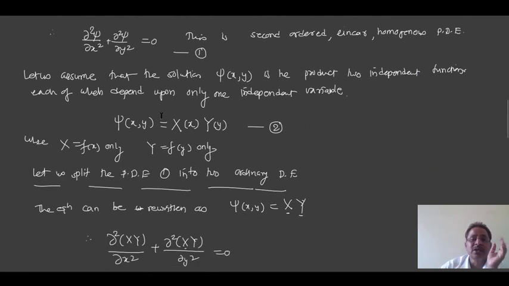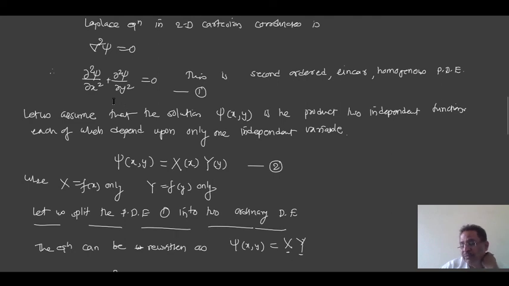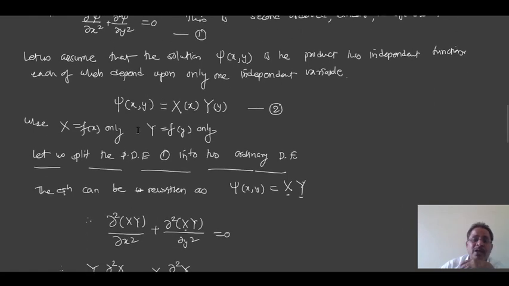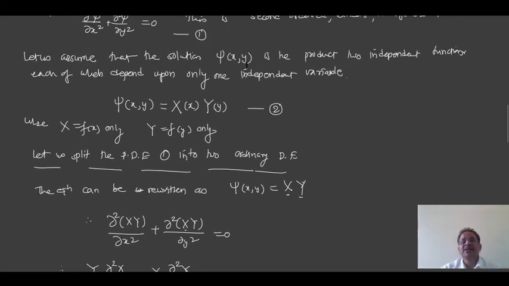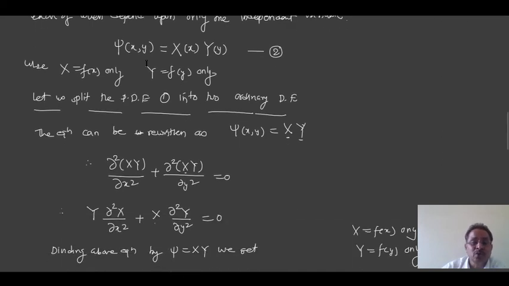So here in general we have to write this partial differential equation, or Laplace equation, in the Cartesian coordinate system in its component form. This is given by equation number 1. We have to assume here that this psi of xy is a product of two independent functions, which are given by equation 2, where capital X is exclusively dependent upon x, and capital Y is exclusively dependent upon small y. This product of two functions is the solution of this given differential equation.